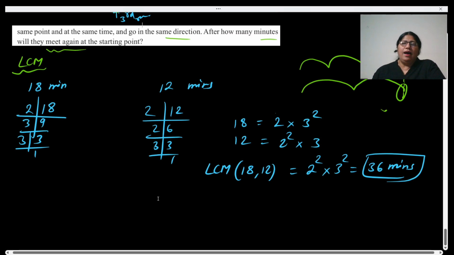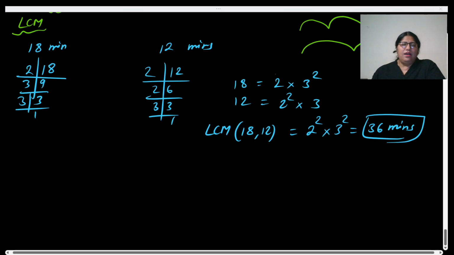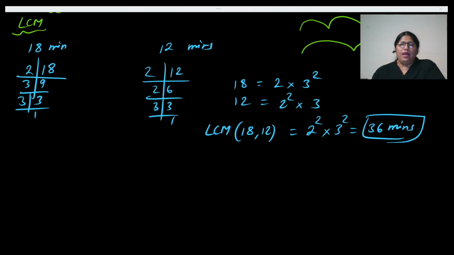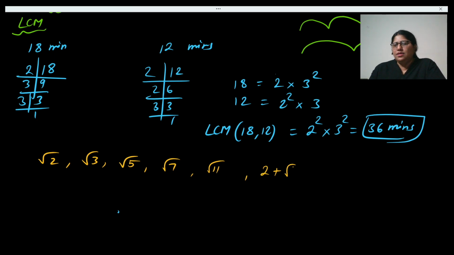Now after that you will have another topic, which is the last topic of this chapter, irrationality of numbers. Now, proving irrationality: you know what irrational numbers are. Irrational numbers are non-terminating, non-recurring decimals, right? Root 2 or root 3 or root 5, any prime number under the root, we call an irrational number. The sum of irrationals is also irrational. You all know that, last year you have done it. Or if I take root 5 plus root 3, the sum of two irrationals is also an irrational number.